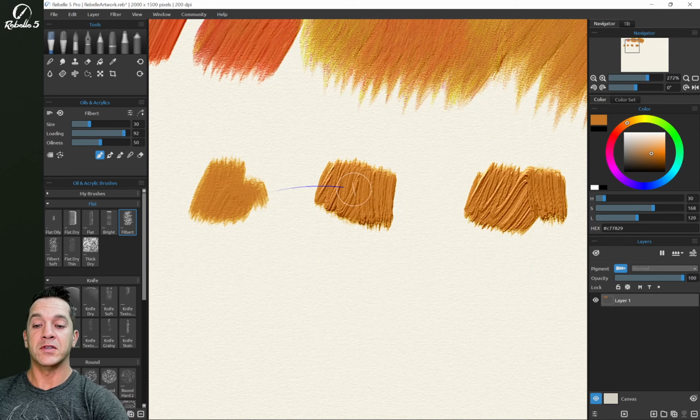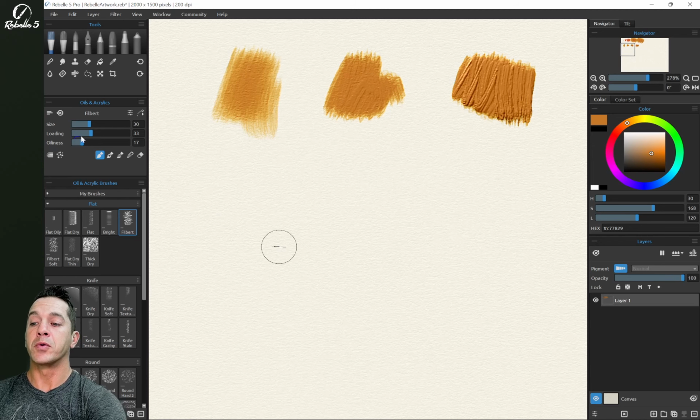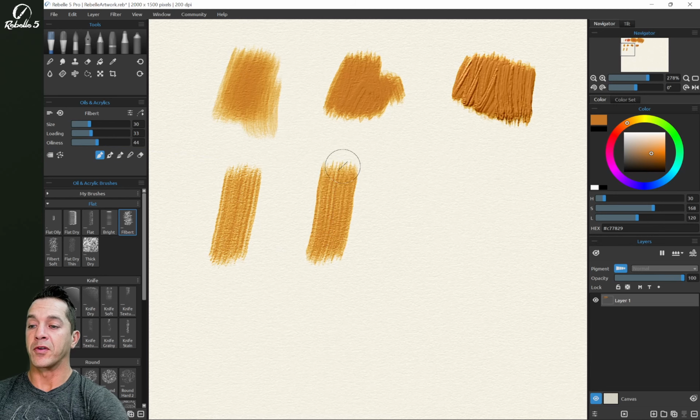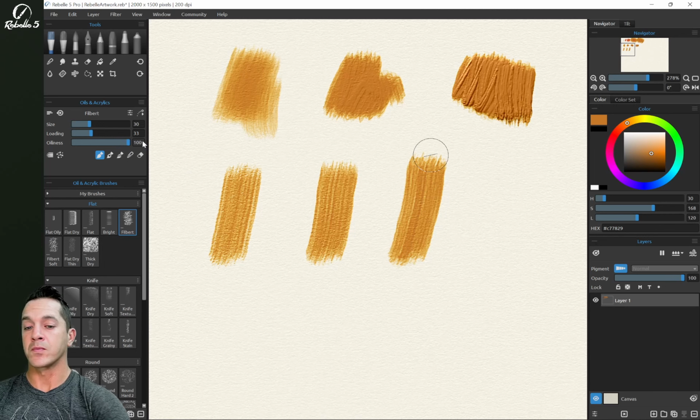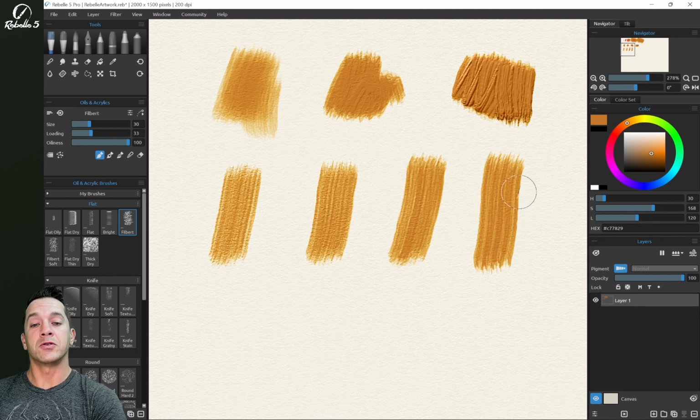Over here, the canvas texture is getting covered up by the paint, the thickness of the paint. For oiliness, we're going to put loading at 33. And we'll do a light stroke here, 44, 87, and 100. And what you're going to see here, without adding extra depth, is this letting that